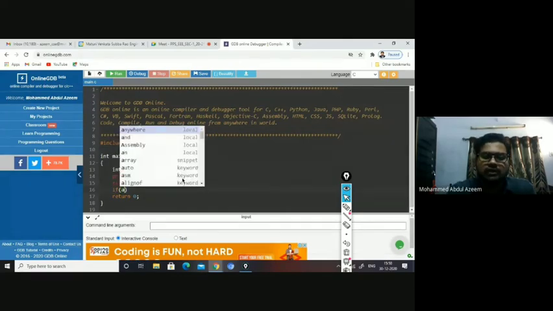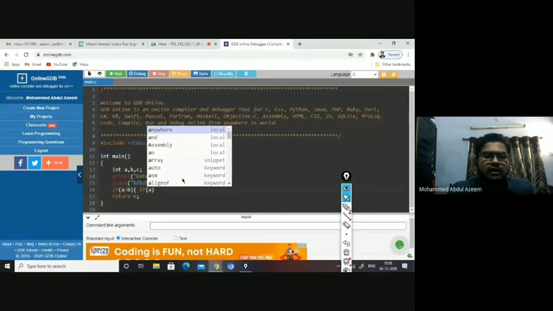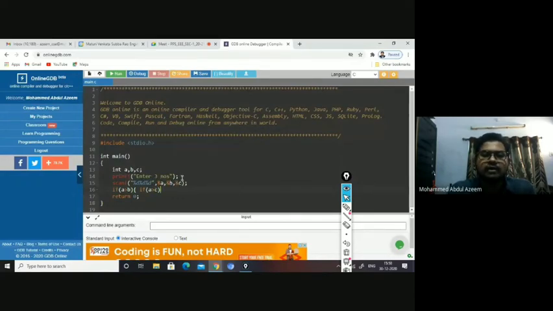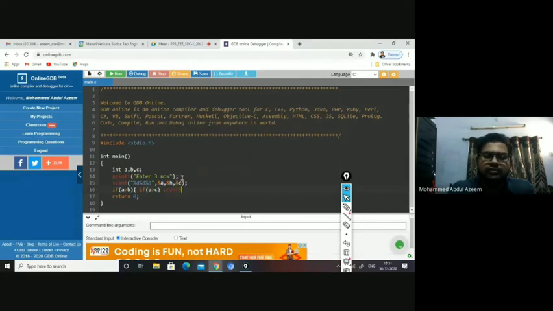If A is greater than B, okay, then inside this you are again checking another condition. If A is greater than C, then what do you print? printf.